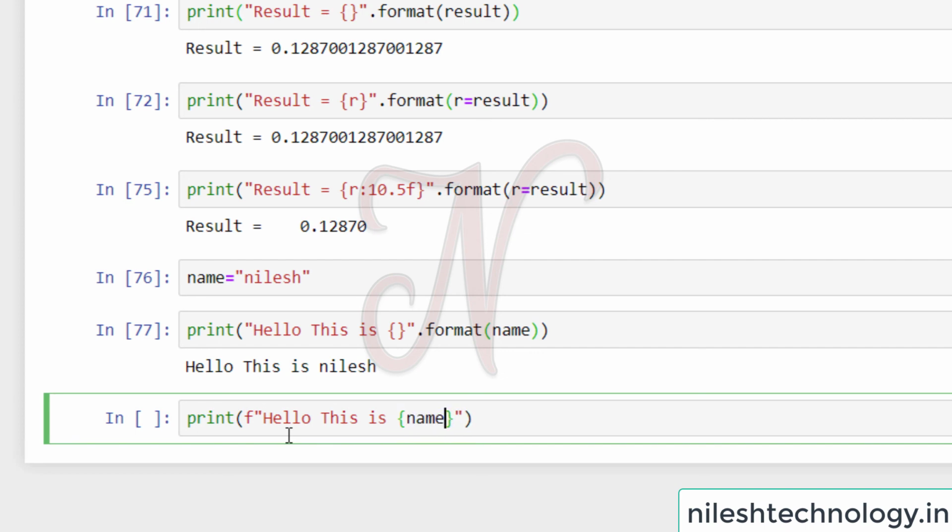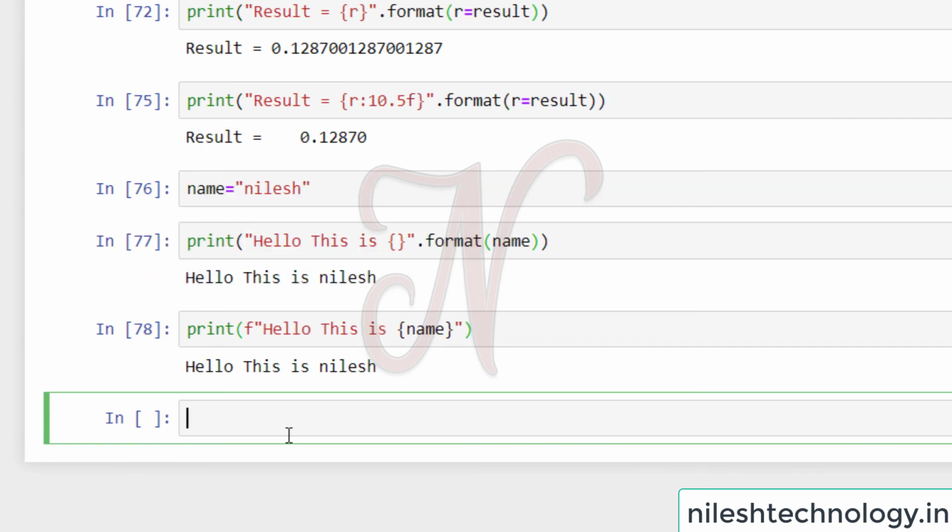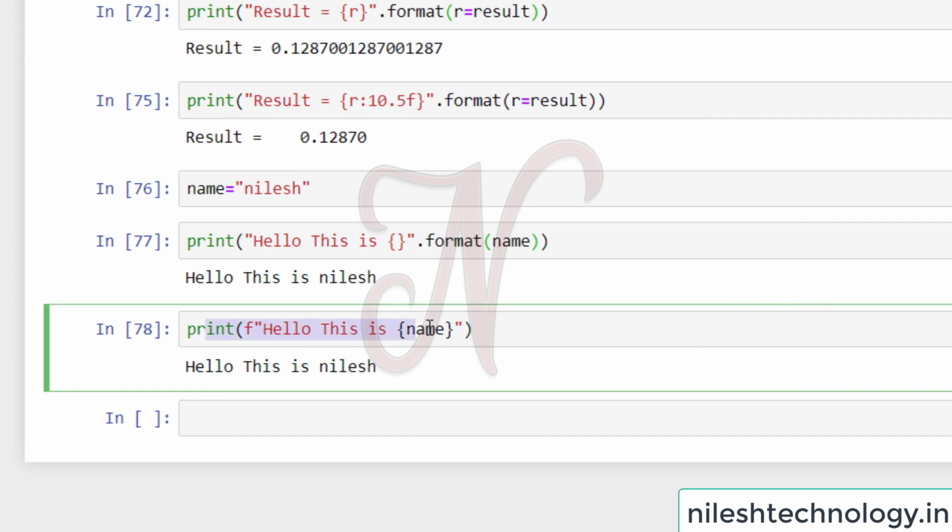You can run this and the output is hello, this is Nilesh. So this is like the format function, just the syntax is different. And this syntax is available in Python 3.6 version. So at least you have to install Python 3.6 to run the F string syntax.